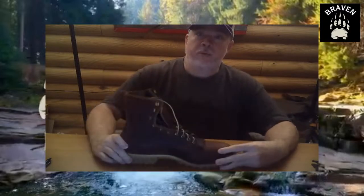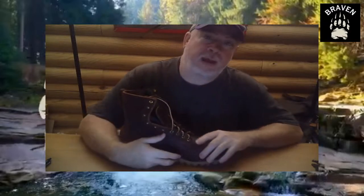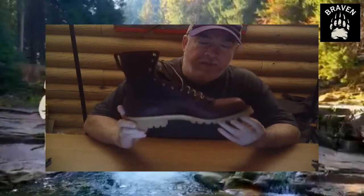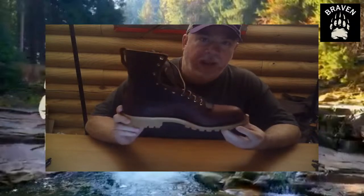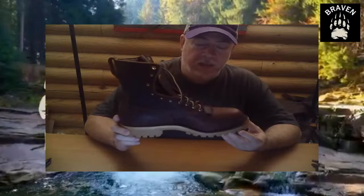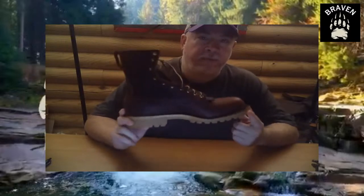So I looked at what else JK had available. Now, what's interesting is I really didn't know much about JK. I was just looking at the Rose Anvil boots. But when I started looking into JK boots, I was highly, highly impressed. And these are built very, very similar to Rose Anvil style. Of course, he puts his little own personal take on it, which is nice. But these are still built very much in the same style, which is why Rose Anvil went to JK in